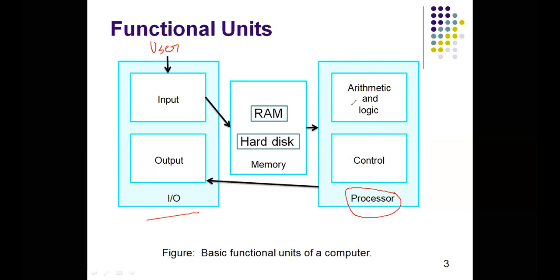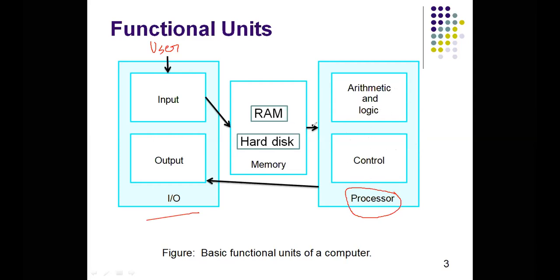The arithmetic and logical unit basically performs all kinds of arithmetical or logical calculations; logical decisions are taken by this part. On the other hand, the control part basically manages all of your hardware and some activity of application software. The main task is control and resource allocation. Everything is controlled by this control part. So the CPU has two parts: one is the arithmetic logical unit, and the other is the control unit.